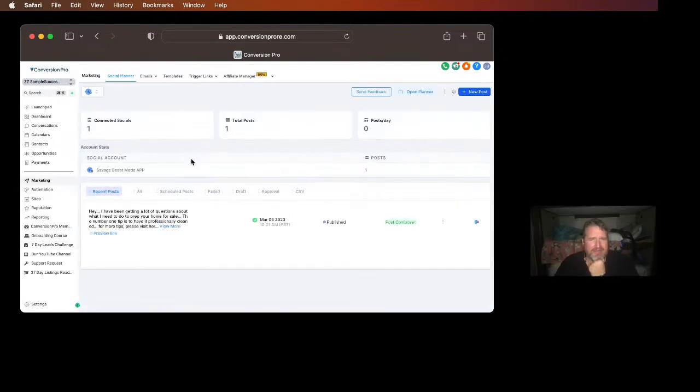What you can do is plan all of these posts in advance. You can schedule them in advance. If I wanted to schedule a post, I can do it several different ways. Some people like to create a spreadsheet of social media entries, and then they'll just upload it all at once. It can work from that. Or we can go through and create new posts.